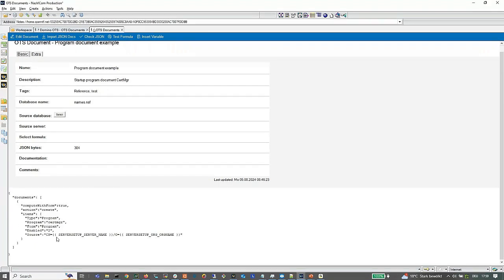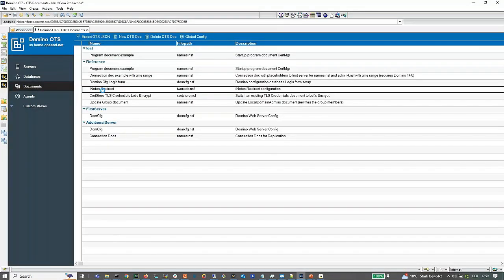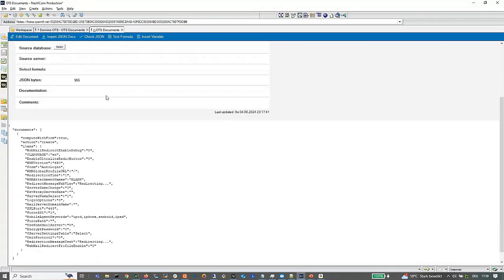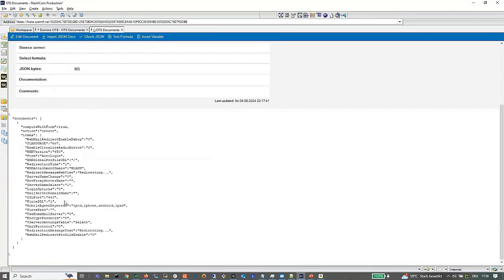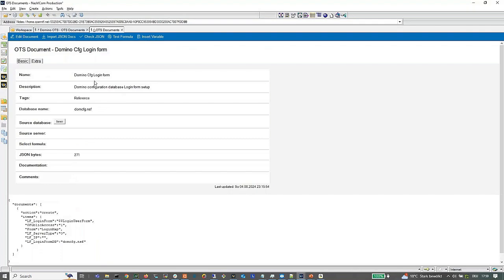And you see we have those kind of template variables. That's why I explained the template variables for you first before showing you that. So here's a redirect database. It doesn't have any placeholders in our case here. The Domino config form. So those are all small snippets, and you can combine them into a real